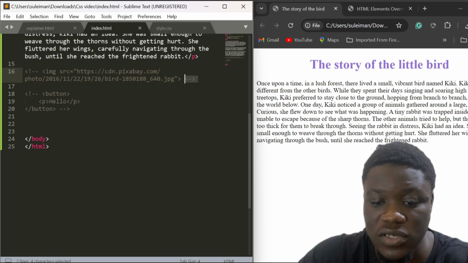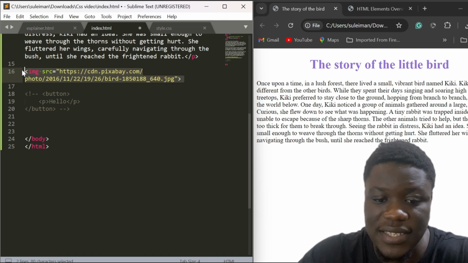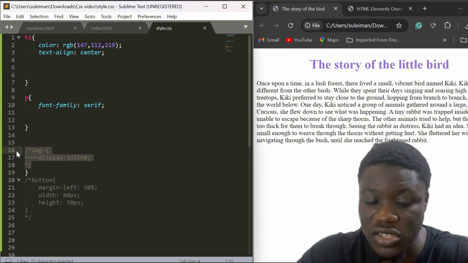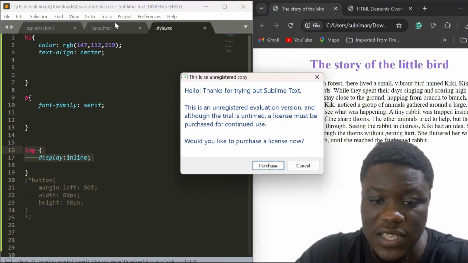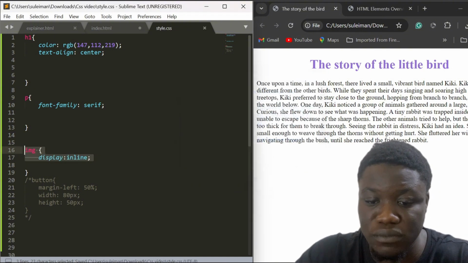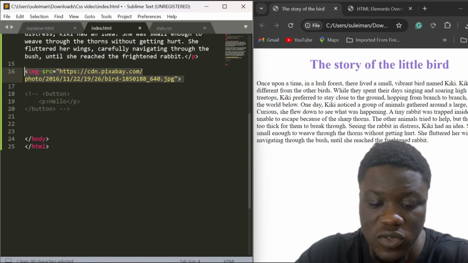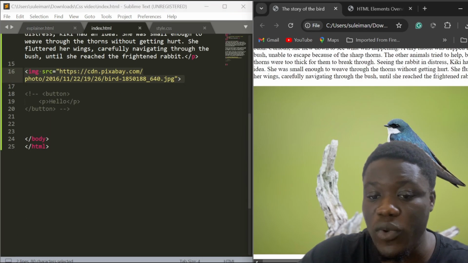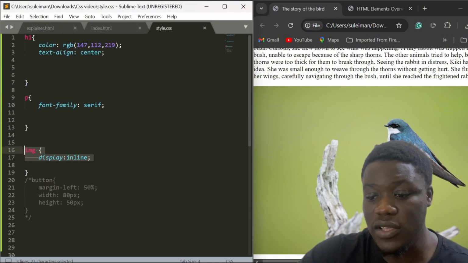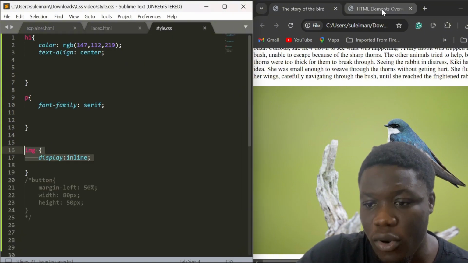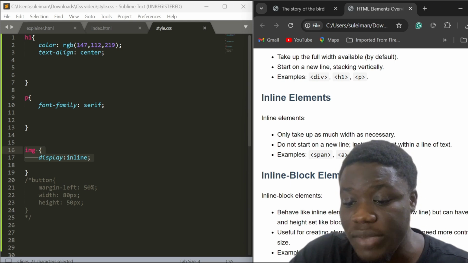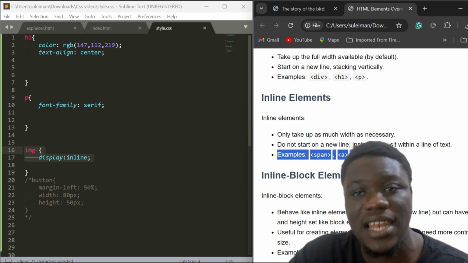So for example, I'll just uncomment this image and also I'll uncomment this style, the image. Okay, saving this, and I'm also saving this. So idan muka loading kaya, so za ka ga cewa muna da image. So image, according to our article, according to what we know, is that image element is an inline element, which